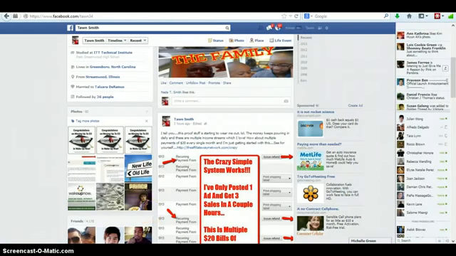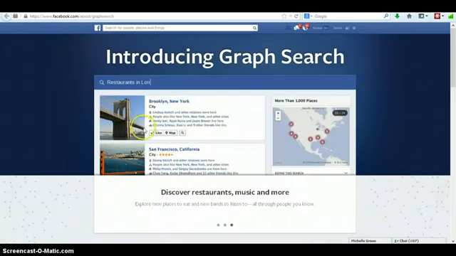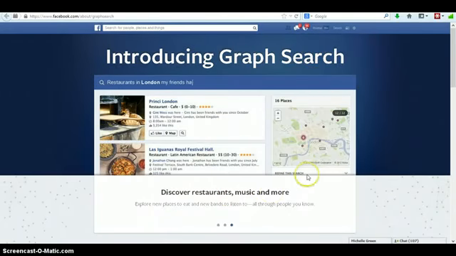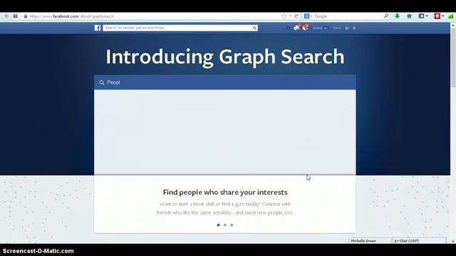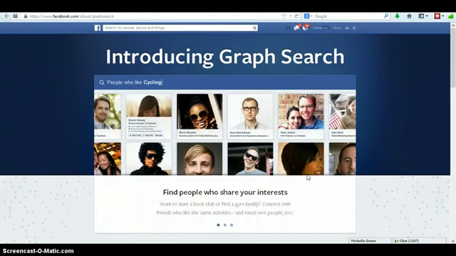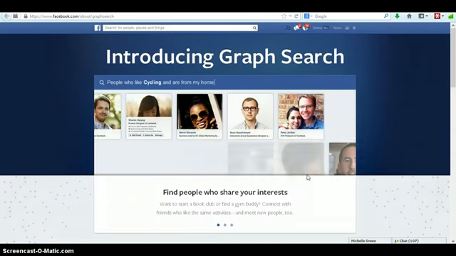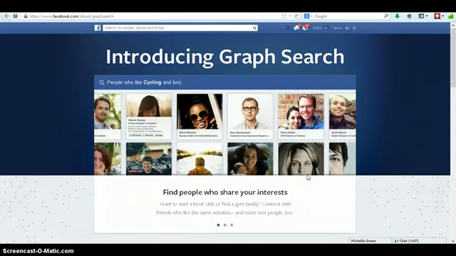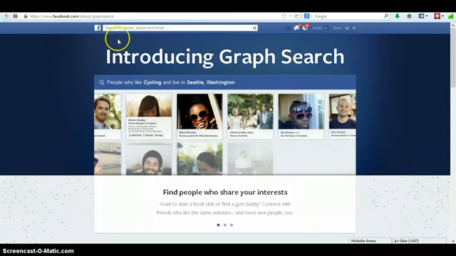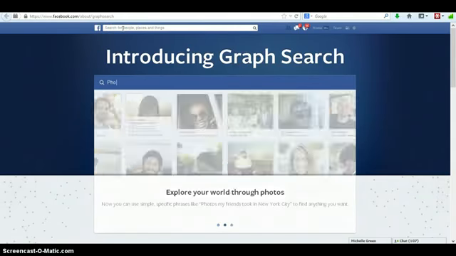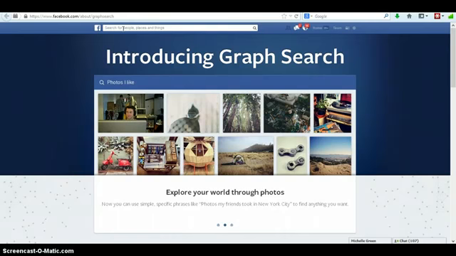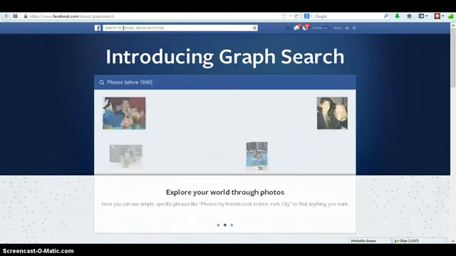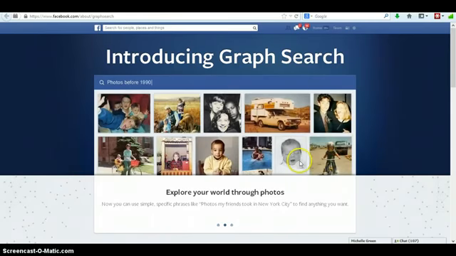As a matter of fact, let me just go over here. This is what you're going to be using on Facebook. Some of you have heard of it, some of you have never heard of what this is. It's called the Facebook Graph Search. Some of you probably don't even realize that you have the graph search, because you're just searching stuff in this search bar. But you can be very, very specific on searching things, and I'm going to show you exactly what I'm talking about.